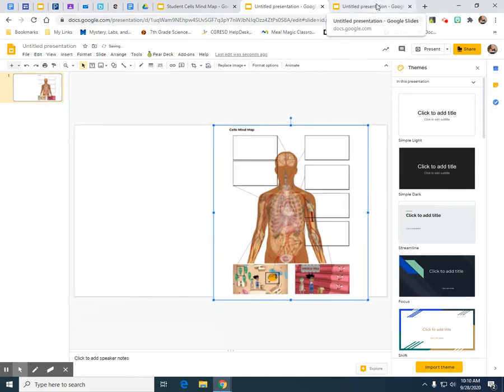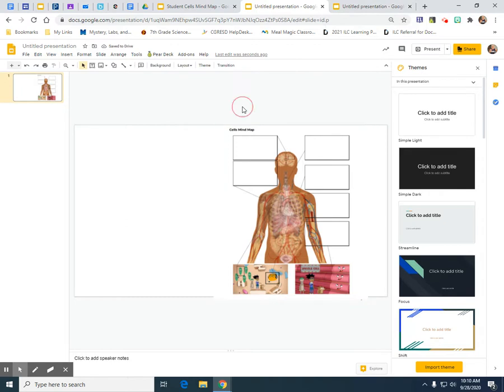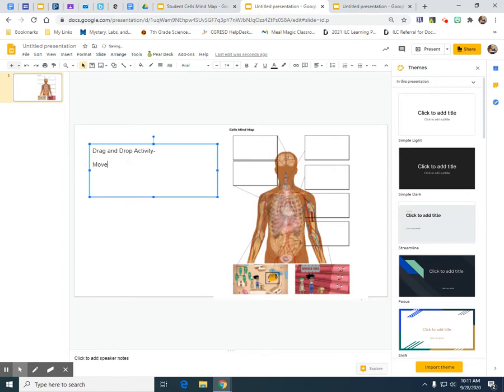So I have my template, and then on this same slide, I could give my directions in a text box like this: drag and drop activity, move vocabulary terms to correct location on the diagram. And this could be used in so many different ways, but I know that for science,